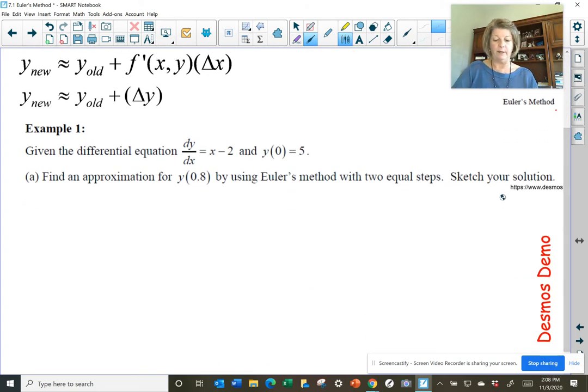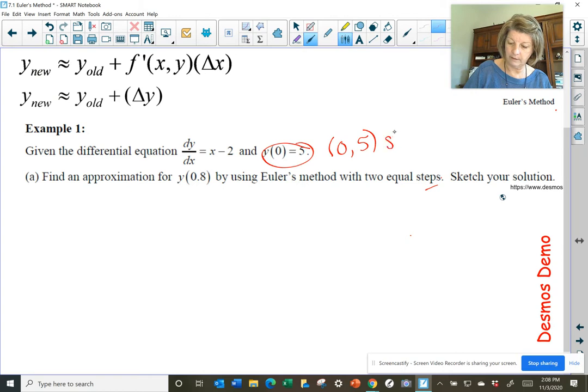So let's look at example 1. Given the differential equation, they give us the derivative, dy/dx is equal to x minus 2. Notice it's only in the variable of x, so that's kind of nice. We have an originating point. We're going to start at (0, 5), aren't we? This is our starting point. Sweet. Now it says find an approximation for y of 0.8 by using Euler's method with 2 steps. Oh, and they're equal. Sketch your